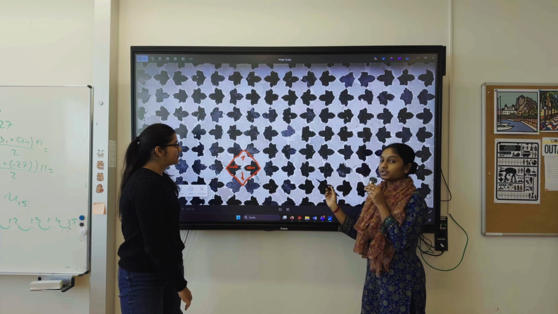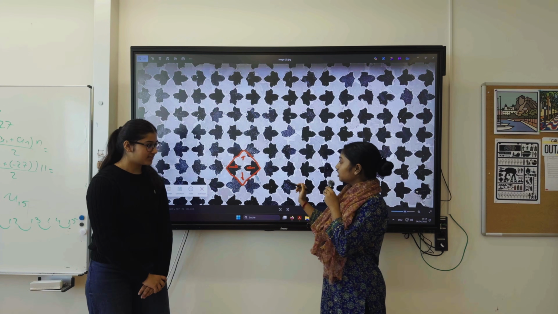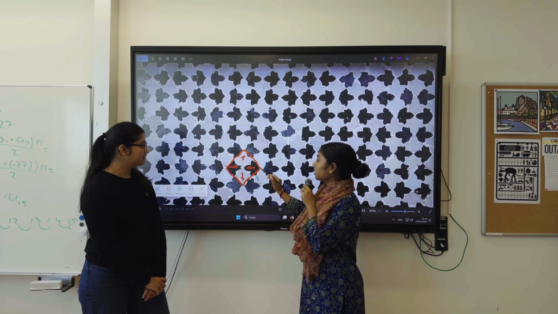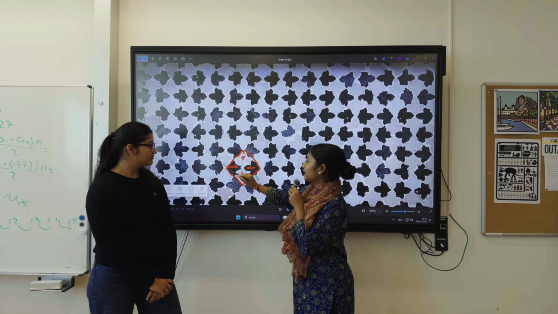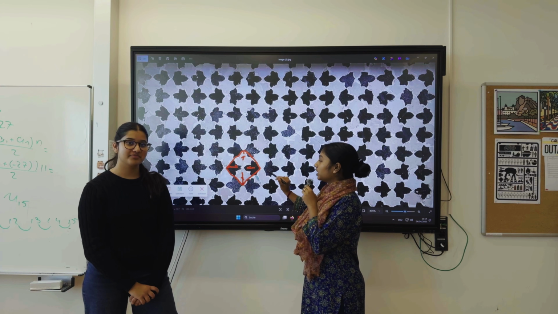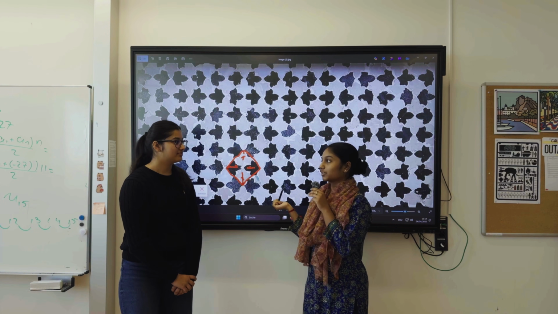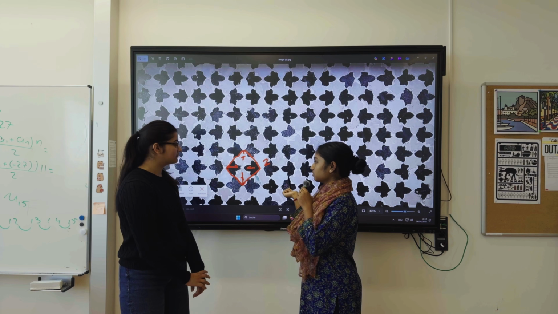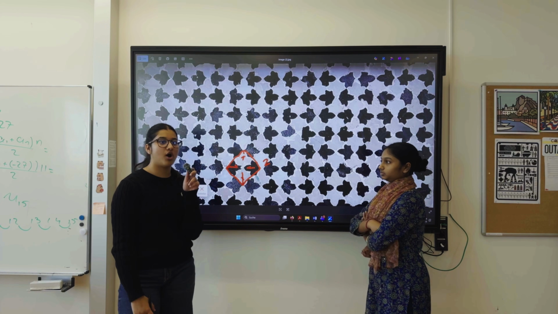And then we're going to be finding the rotation order, so by what it rotates. And here we can clearly see that it's kind of a square, but however, we know that the shapes are pointing in different directions, so we need to take that into account as well. So then we come to the conclusion that 180-degree rotation is the correct rotation order, which means the rotation order is 2. The next thing we would have to do is figure out if there are any mirror lines, and